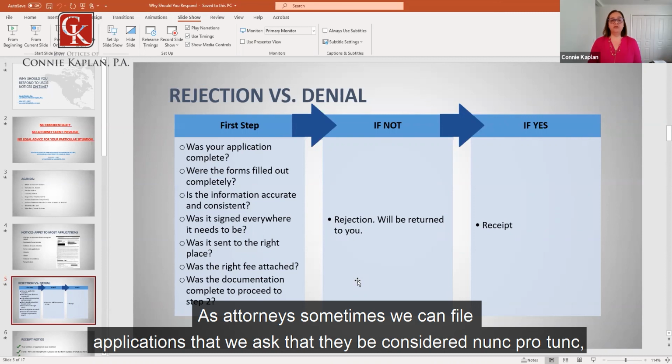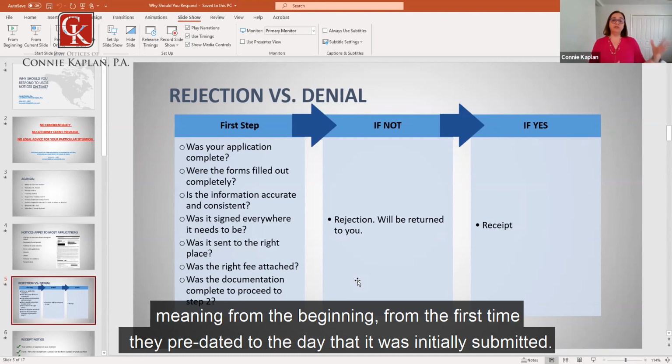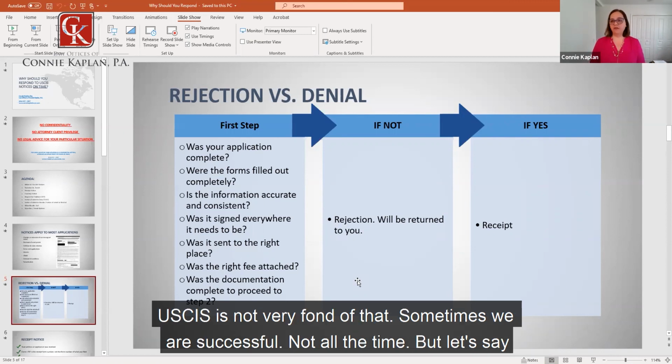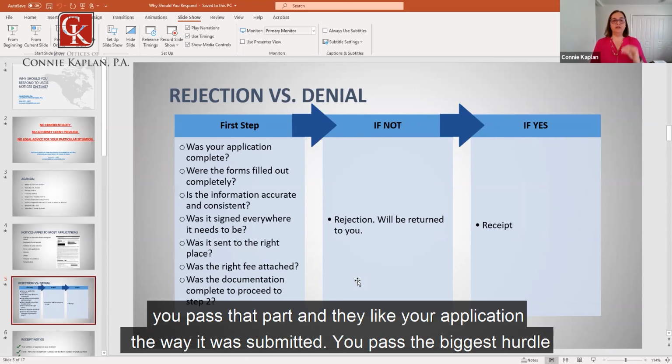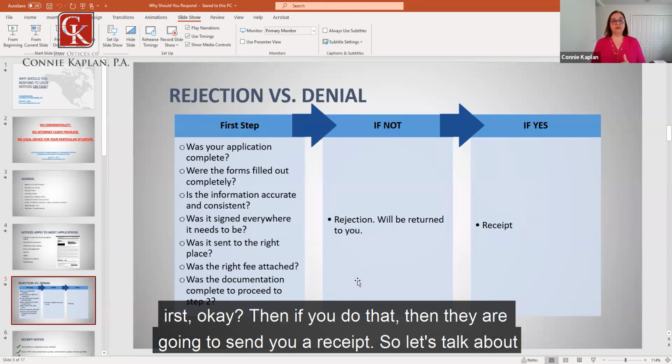As attorneys, sometimes we can file applications and ask that they be considered nunc pro tunc, meaning from the beginning, predated to the day that it was initially submitted. USCIS is not very fond of that. Sometimes we are successful, not all the time. But let's say you pass that part and they like your application the way it was submitted. You pass the biggest hurdle first, okay? Then if you do that, they are going to send you a receipt. So let's talk about